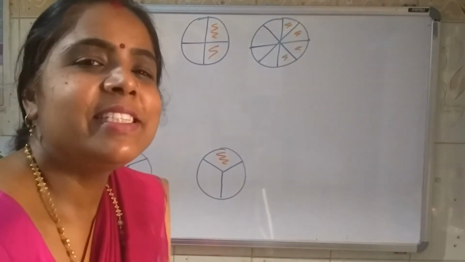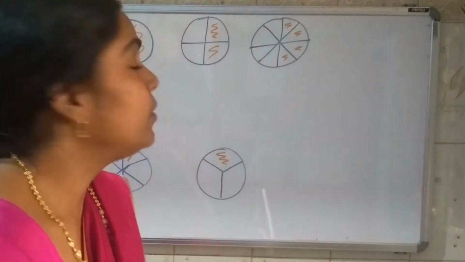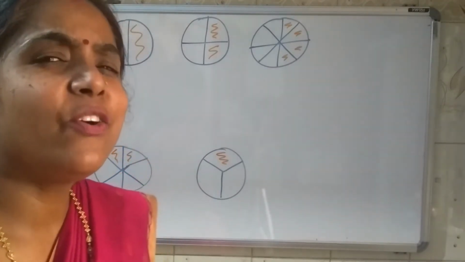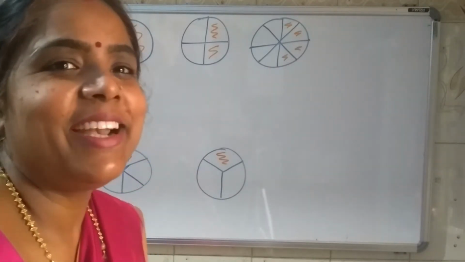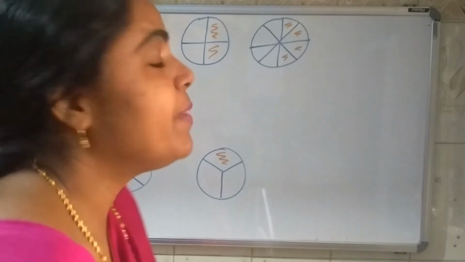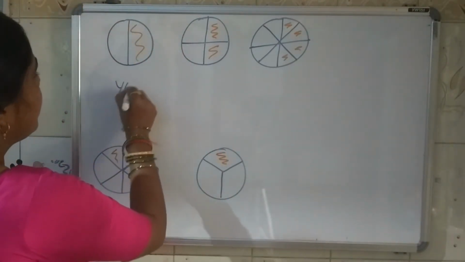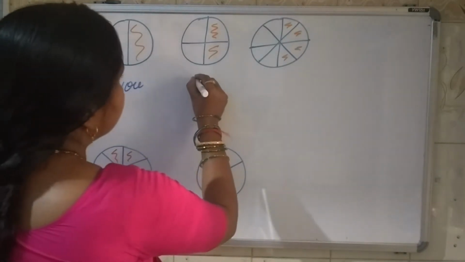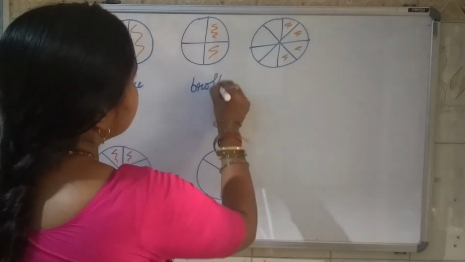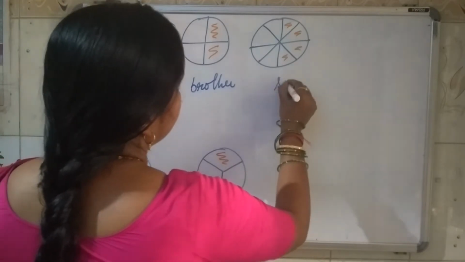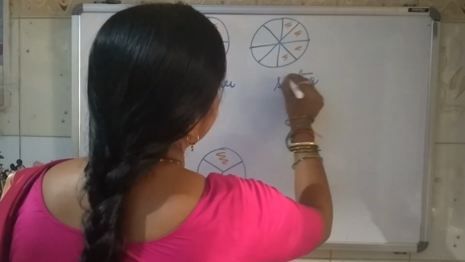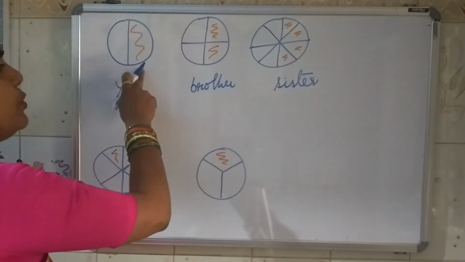After seeing this picture, something comes to your mind. What is this? Just recall it. Yes, you are right. It is a pizza made by your mama. And she made 3 pizzas, one for you, one for your brother and one for your sister. Okay. So she gave this piece to you.